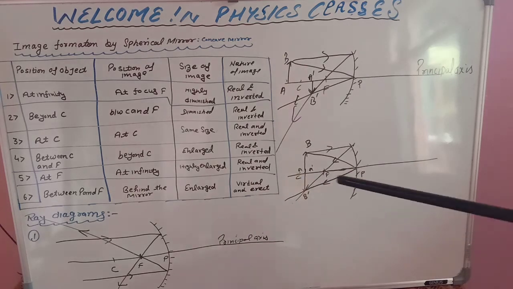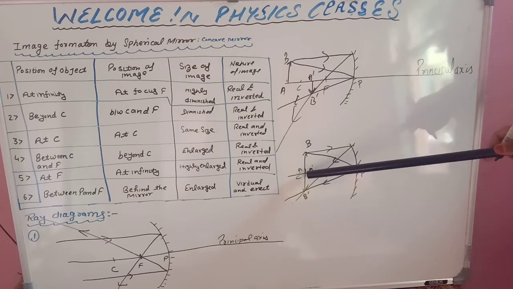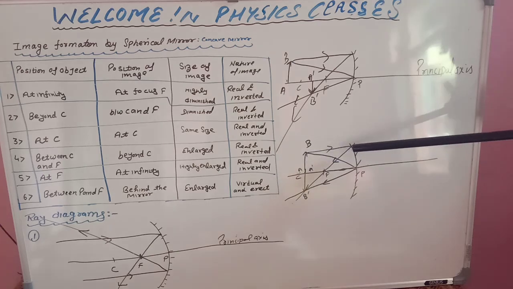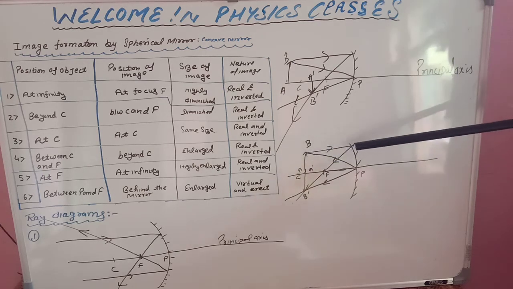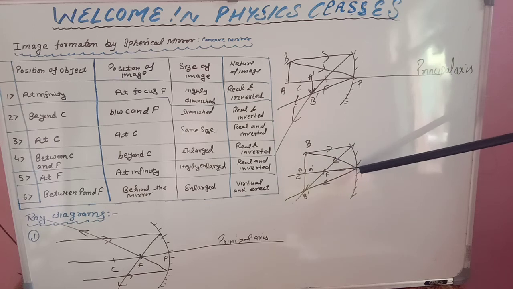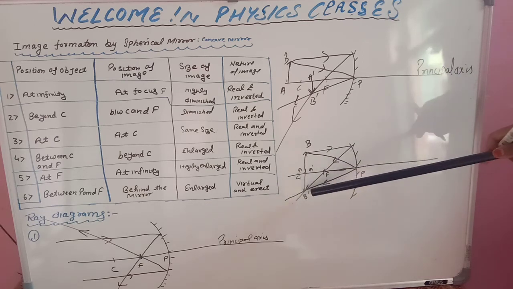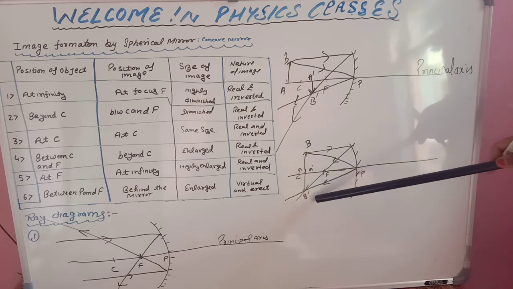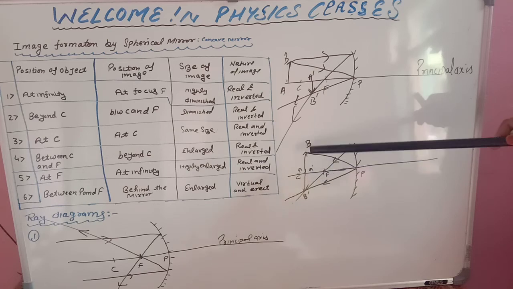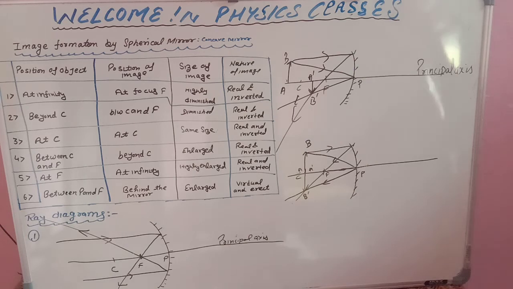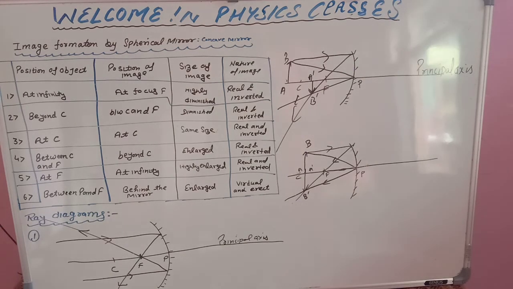Okay, then your object will be at C. So you can see object name I have given A, B. So this is your object. First ray will come, it will strike. First ray should be straight, parallel to principal axis so that it will pass through the focus. Okay, second ray will go to the pole and then it will cut first ray at some point and there will be the formation of image. So it is A dash, B dash. Okay, so you can see A, B is the object, A dash, B dash is the image. Image is real and inverted, but it is of same size as the object.